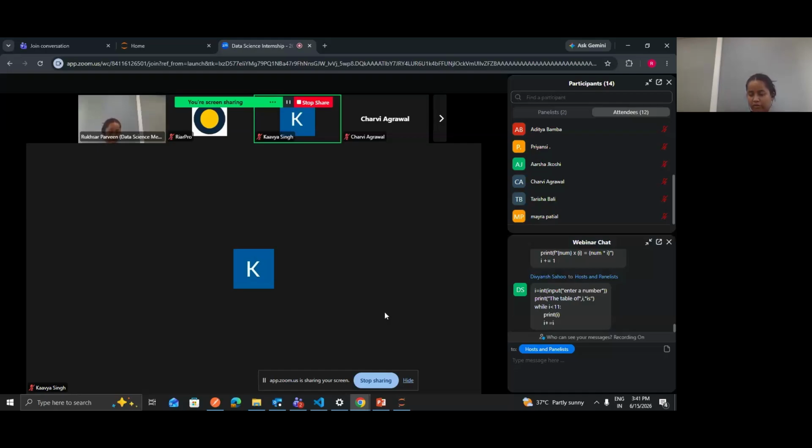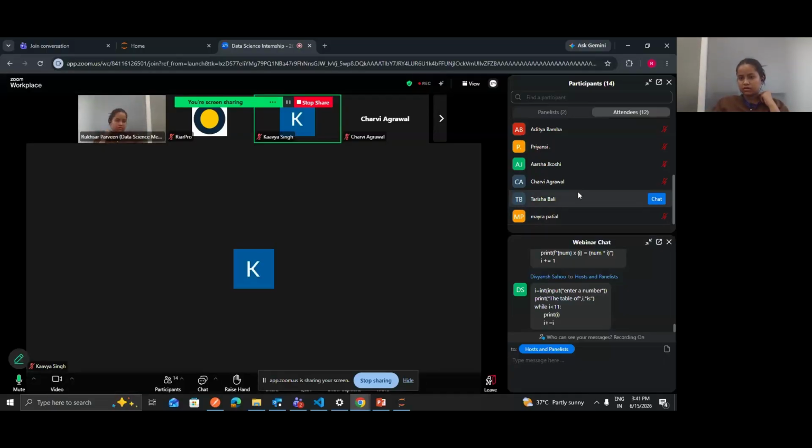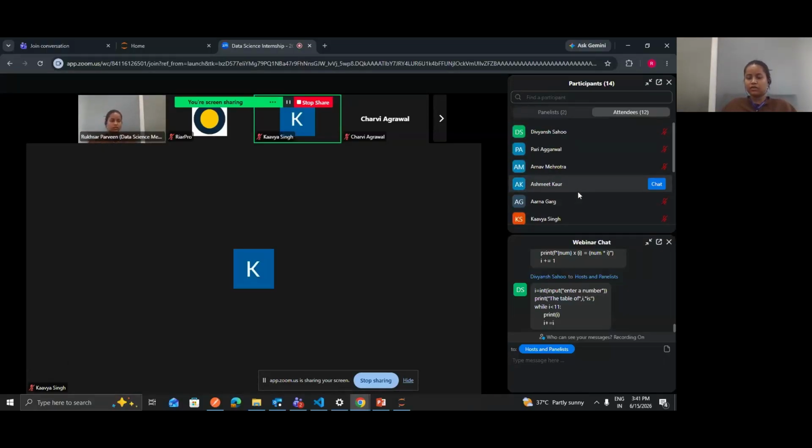And at the end you have to print access granted, once the user has entered the correct password. Okay, before writing, let's discuss how you are going to approach this question. Okay, so let's start with Arnav. Arnav, could you explain your logic, how you are going to approach this question?